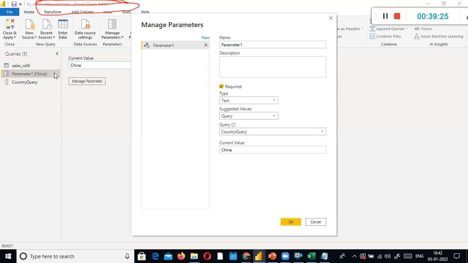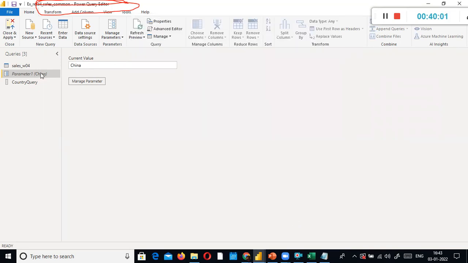All right, what we are doing here is mapping this with this one. So this country query is holding all the countries where we do business, and then we closed it. Click OK. When we select edit parameter, in the country column we mapped: country is equal to parameter one. Whatever value is selected as part of this country query for this parameter, based on that value, it will filter the data. Hope you understood, or is it still confusing?